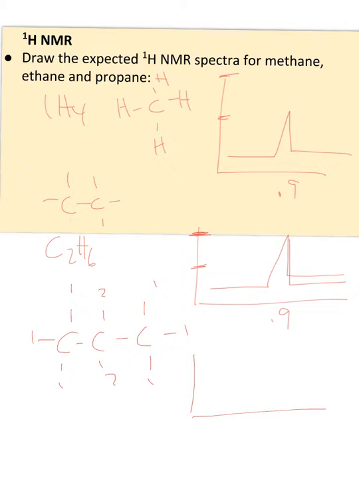So I'm going to expect a fairly high peak again at 0.9, but I'm also going to expect a peak for a CH2 group. And I would expect that peak, if I'm looking at the chart here, to be around 1.3 to 1.4. So I'm going to have a fairly modest peak there, and then about 3 times the